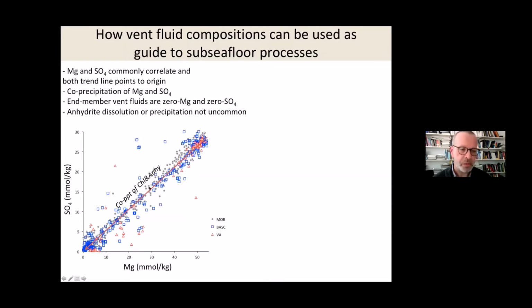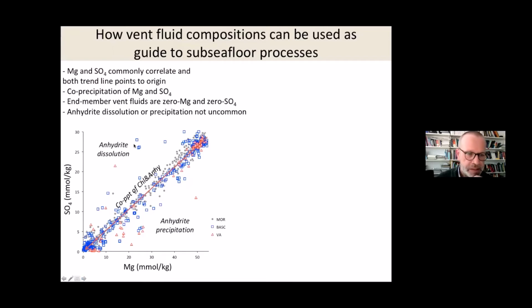And this is due to what you saw in McDuff's slide, the first one I showed. It's basically you're precipitating anhydrite in the downflow and reaction zone. And that co-precipitation causes this covariation of sulfate and magnesium. And basically the hydrothermal end member fluid sits down here, where sulfate and magnesium are basically close to zero. Okay, but this is only part of the picture,